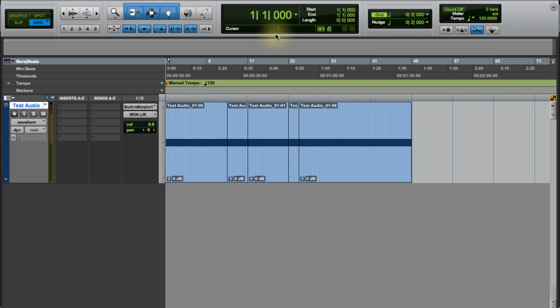This section informs you about the playhead location, the selection, or the length of the selection. This is called main counter and it shows you the location of the playhead over time. This is called edit selection start. When you have selected something,